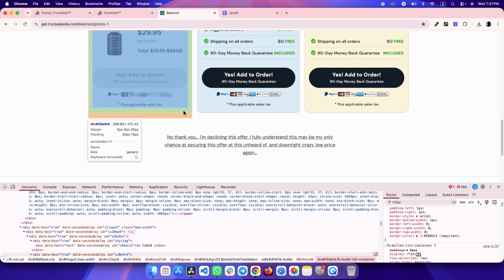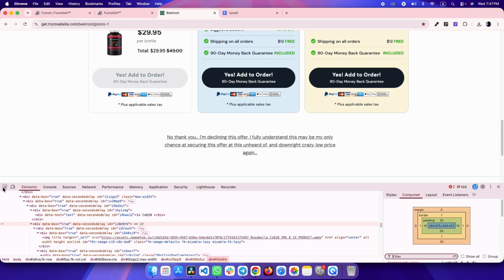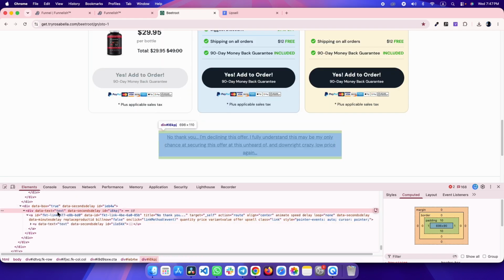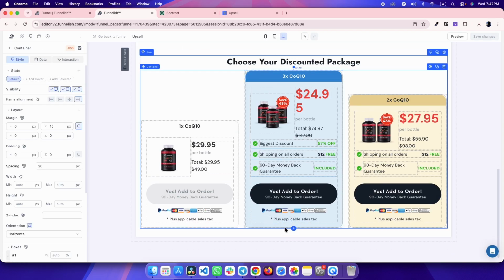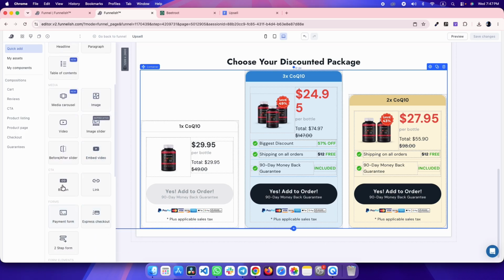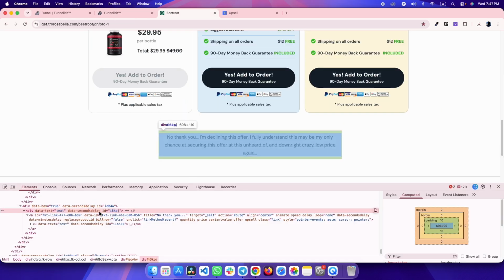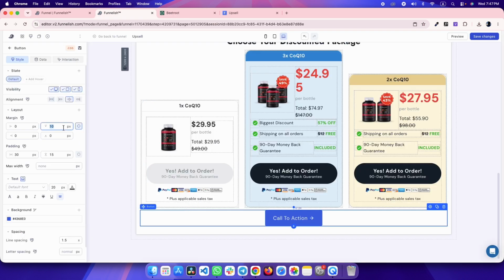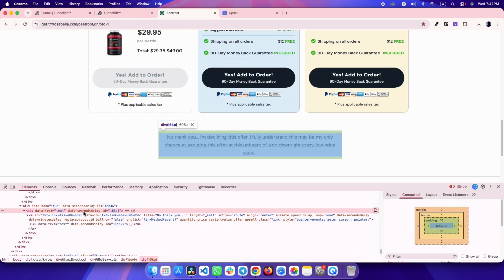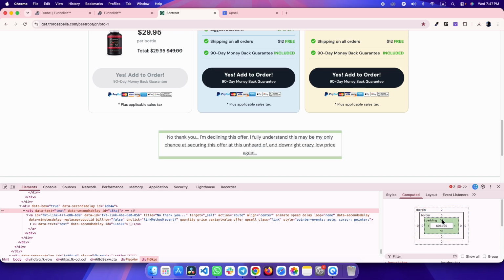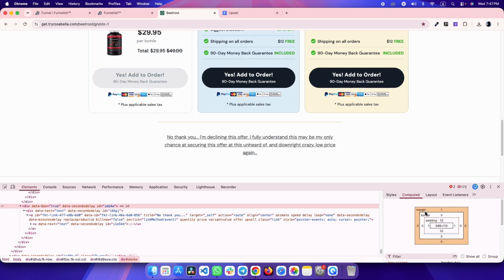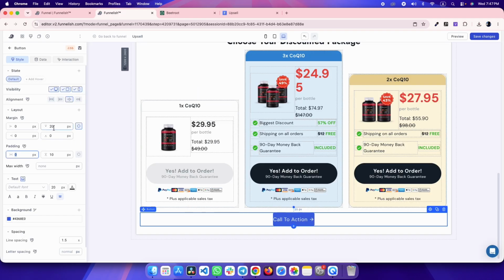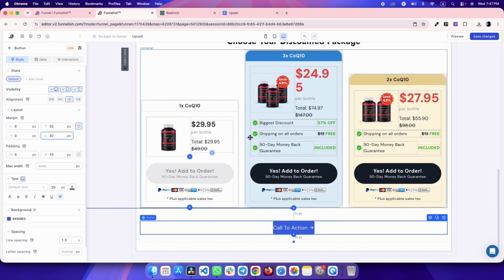So yeah, we can see here margin top is 20 pixel, and let's add a button first. So just select the container and click on this plus icon and add a button, and let's add the margin top 20 pixel first, and then we can see padding top and bottom is 10 pixel, and left right will be 0. Also you can see here some padding 32 pixel, so let's add this on the margin. So it will be 52 and padding bottom will be 32,